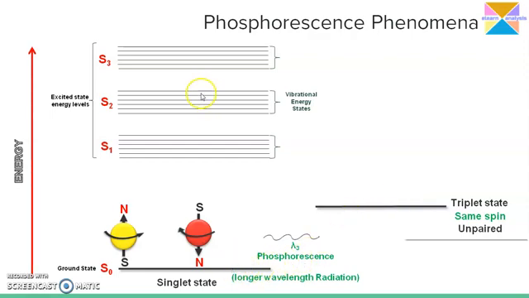Then it loses a part of its energy in the intermolecular collision here, and the remaining energy is emitted as the phosphorescence radiation. So that's why this wavelength lambda 3 is longer when compared to lambda 1, because it happens at the longer wavelength with the lesser energy, whereas lambda 1 is the shorter wavelength